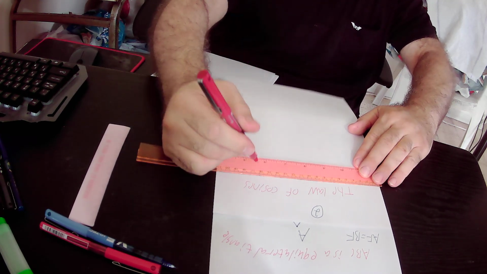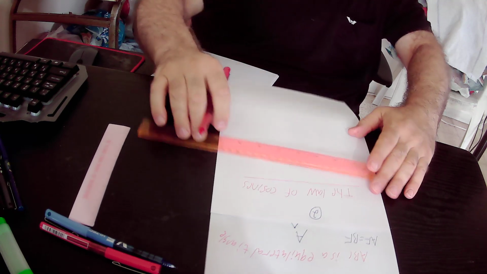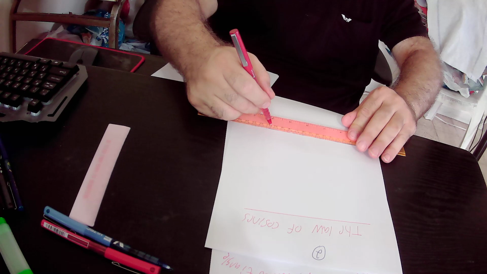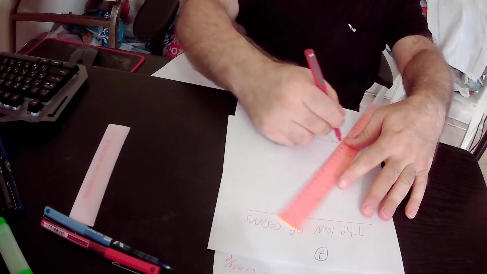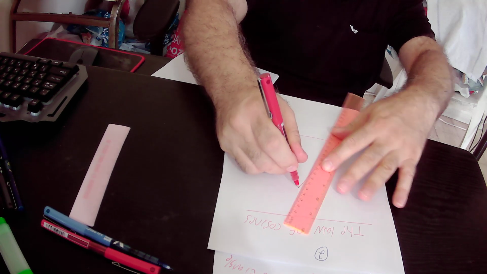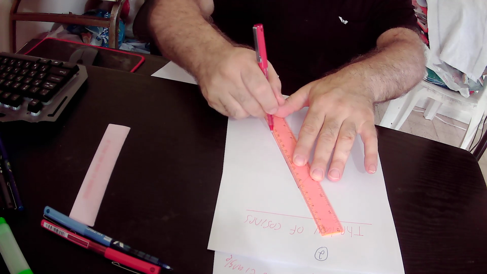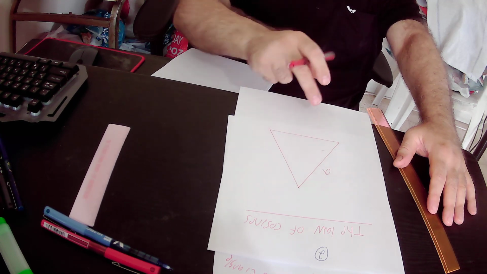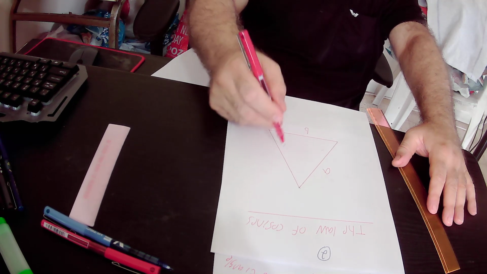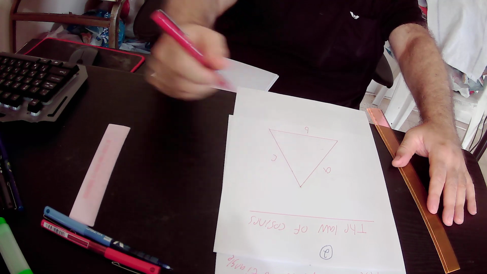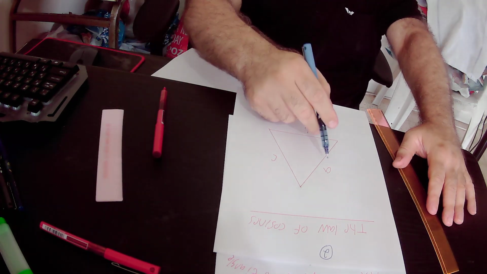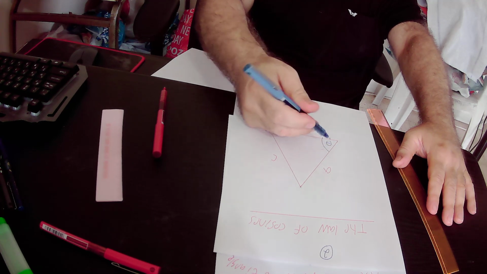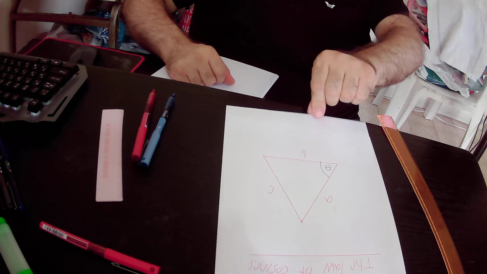The law of cosines states that in any triangle, if this side of the red triangle equals A, this side equals B, and this side of the red triangle equals C, and the angle between side A and side B is theta, then according to the law of cosines,